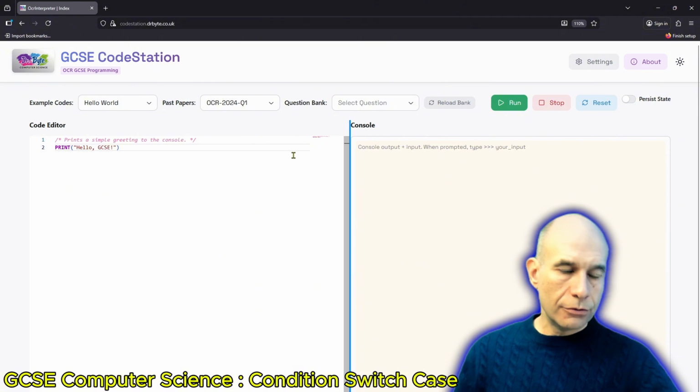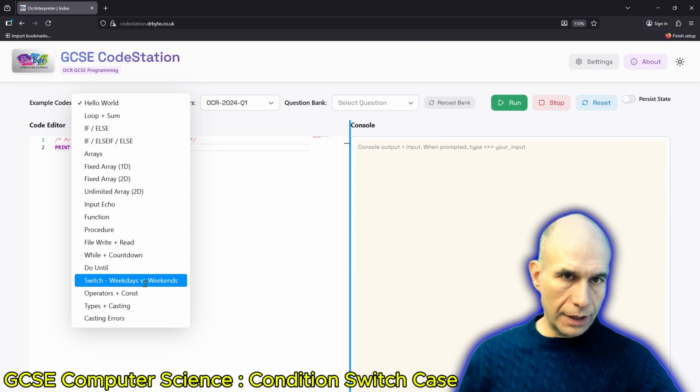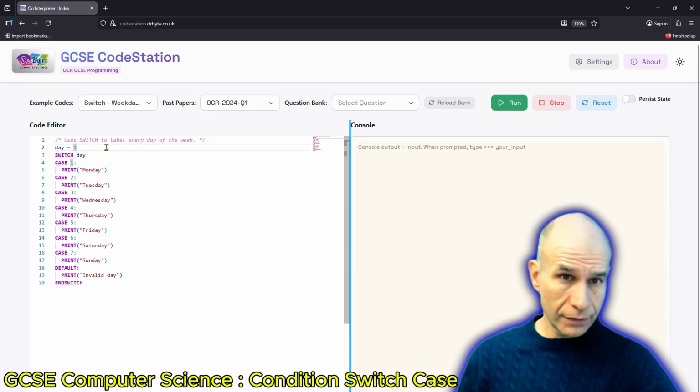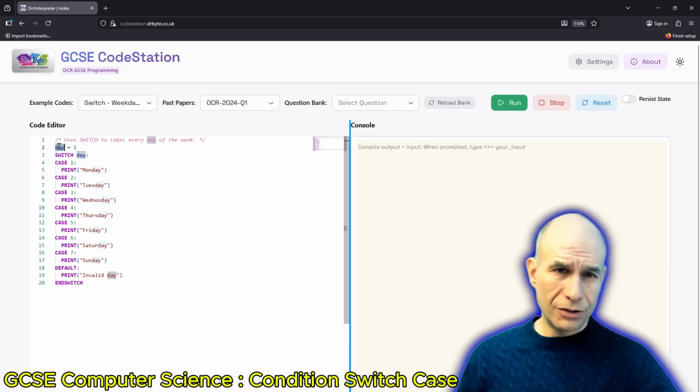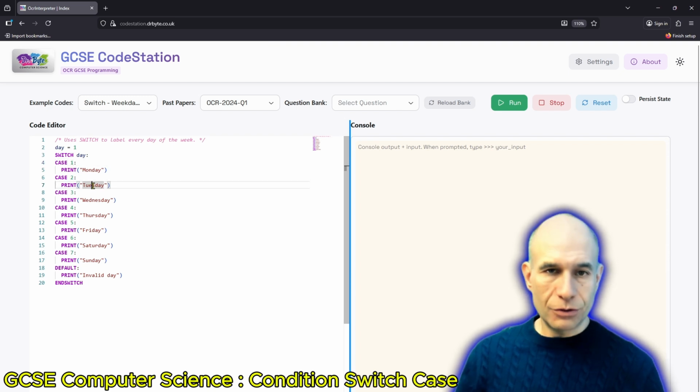All right, so let's do a couple of tests with switch cases. I think I should have an example here. Yeah, look at this one. We have a variable called day, and we have stored a number inside it. The number is 1, and it will switch on this variable, the day. This is the day number of the week. So if it is day 1 of the week, it will print Monday. Day 2 will print Tuesday, all the way to Sunday, and there is a default one which is saying invalid